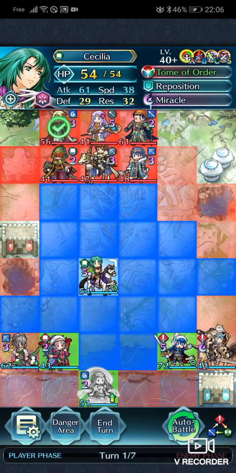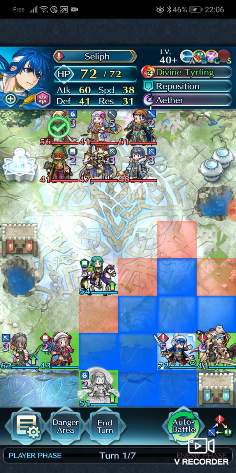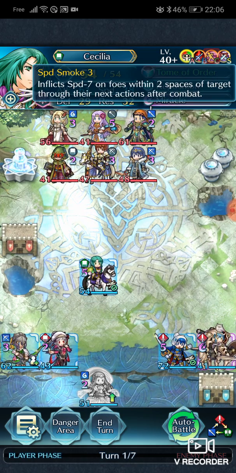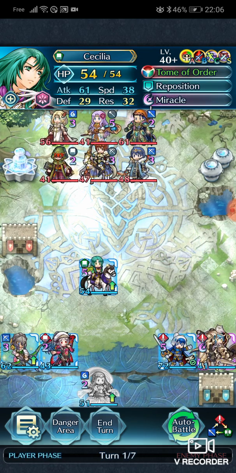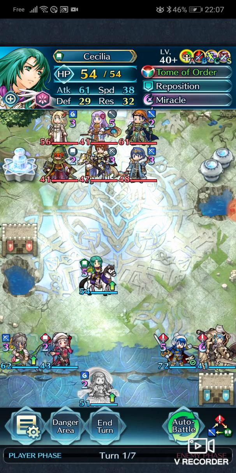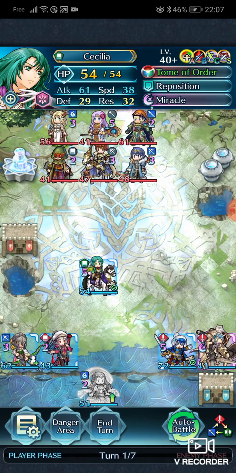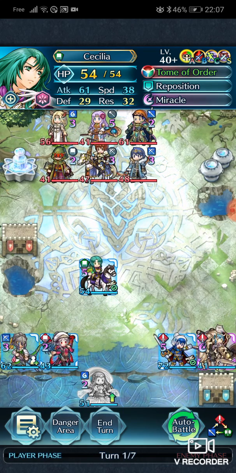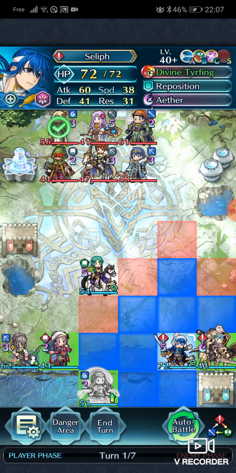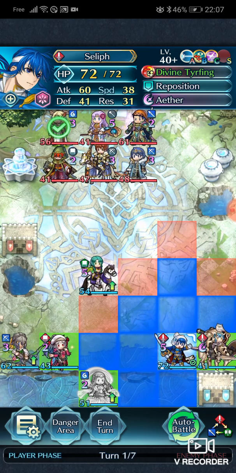Your orders. The fact I am using Speed Smoke and Attack Smoke is also helping my Seliph because he will avoid follow-up, thanks to Speed Smoke working against Frazir. I don't want Frazir to make a follow-up against Seliph. I am saying this because you probably know the popular saying, best defense is offense. If you kill the main threats known to your main carry, you're actively supporting your main carry. That is important to note because